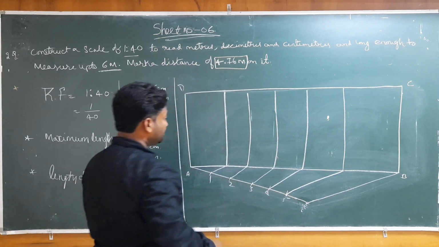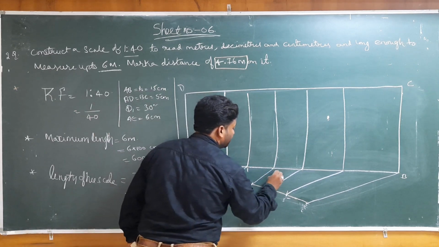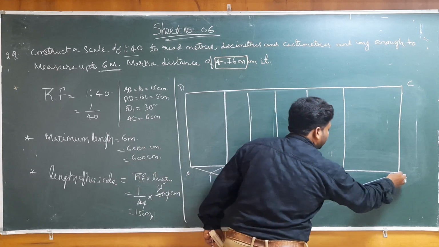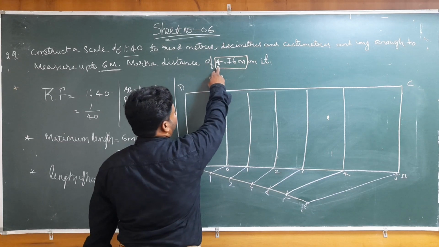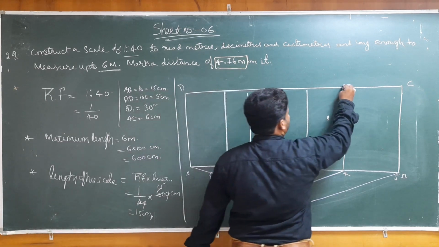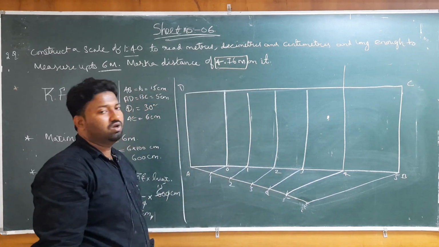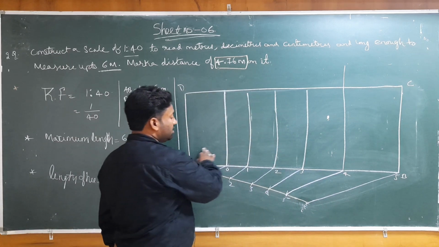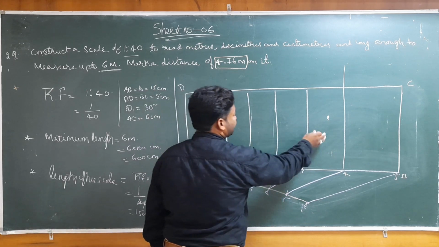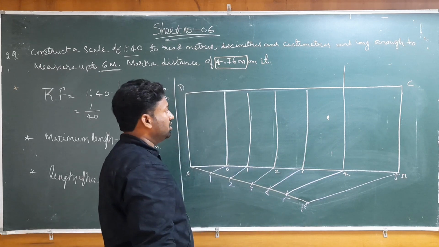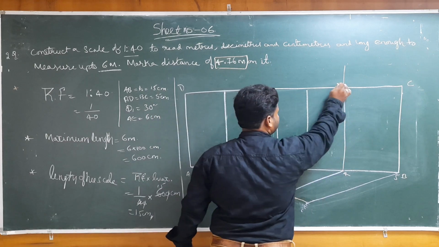Like this. Suppose now in this we have gotten 0, 1, 2, 3, 4, 5. 5 main units, but we have to represent 4. Because of that here is the 4 which is in meters. Each division is representing 1 meter. So we have divided the length of this scale into 6 equal parts, and each part is representing meters. So we have to represent 4 meters, the value is in meters.